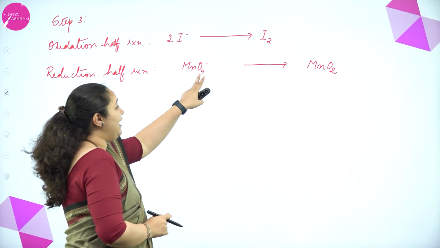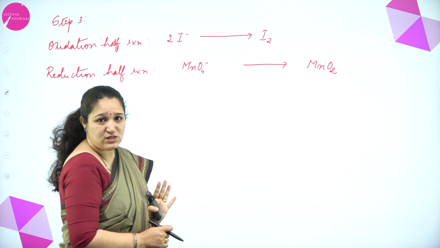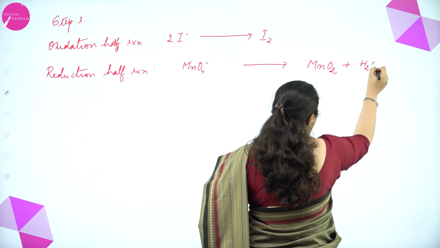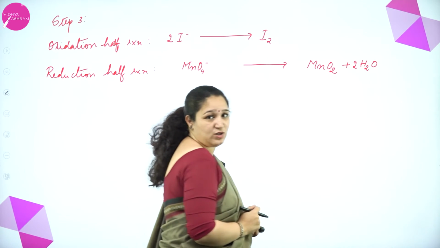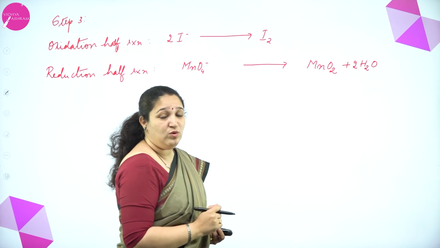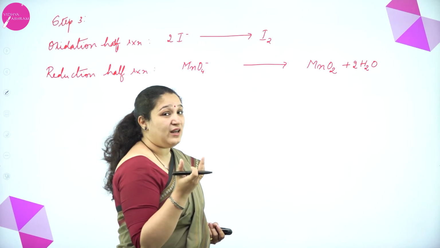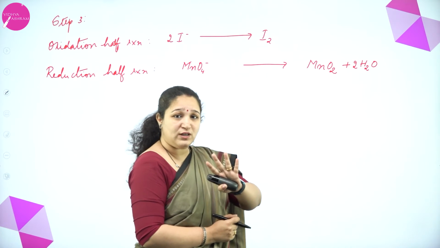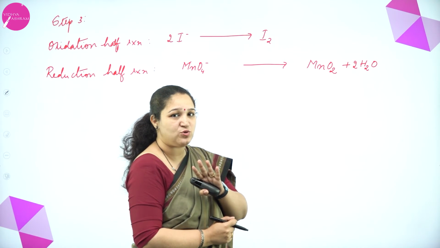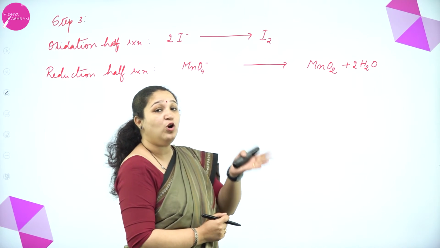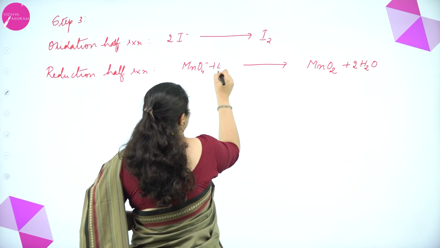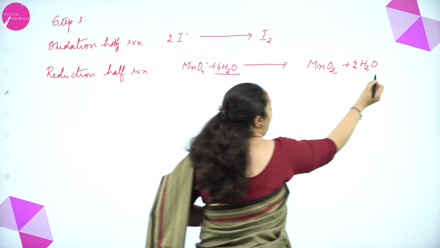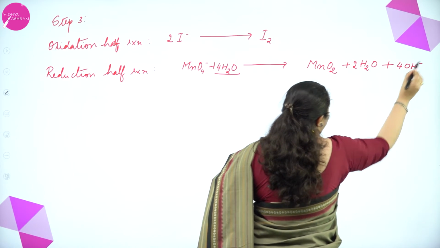Correct? So here I have 4 oxygen atoms, there I have 2 oxygen atoms. So to balance oxygen, first I will add water, H2O. I need 2 oxygen, so 2 molecules of water I added. Now because it is basic medium, I cannot add H plus. So 2 2s are 4 I have. So 4 water molecules. Remember 4 H plus we used to add, but we have to add here 4 water molecules. That is 4 H2O here and the same number of OH minus on the other end.